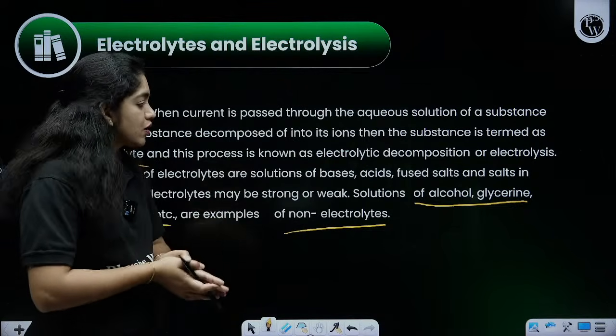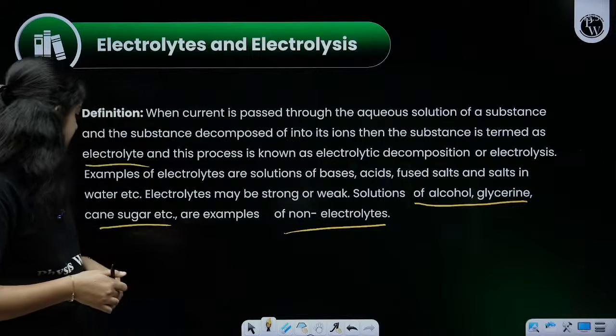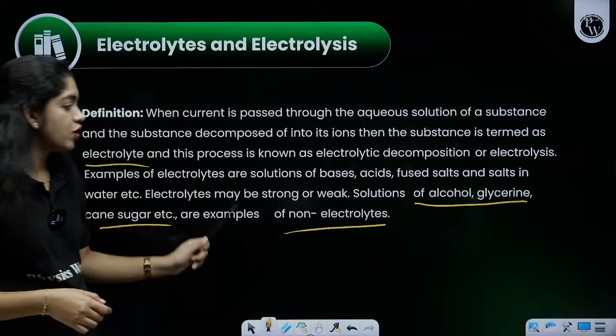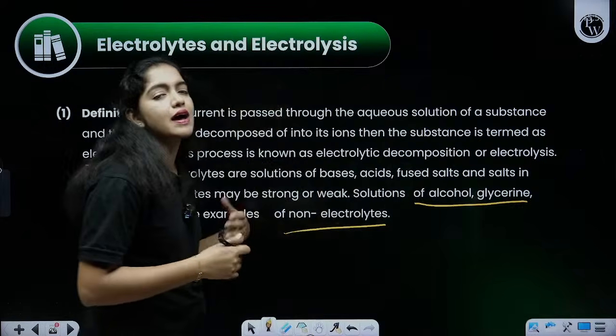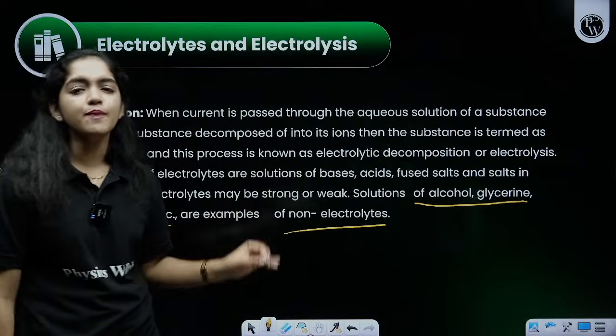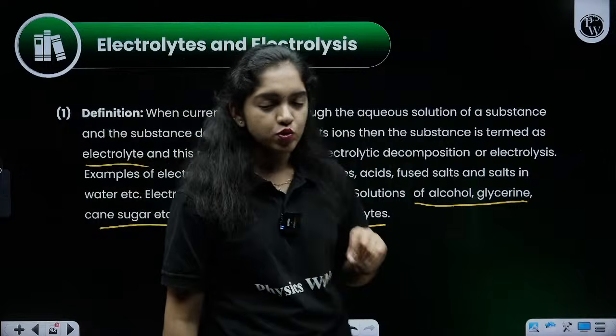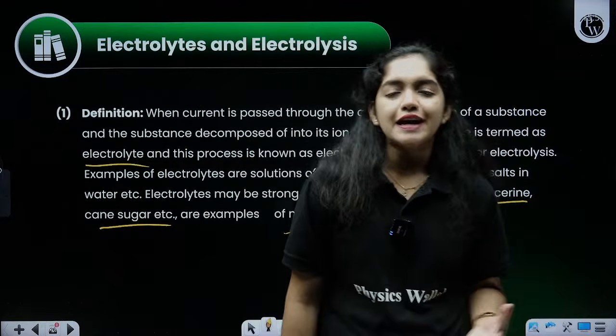They are known as non-electrolytes. Examples: alcohol, glycerin, cane sugar are examples of non-electrolytes. Then base, acid, water, salt solutions are examples of electrolytes. So what is an electrolyte? The ability to conduct electricity through it is known as electrolyte, and it can dissociate into